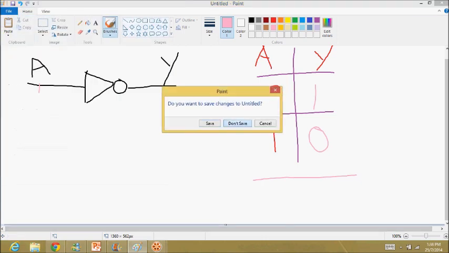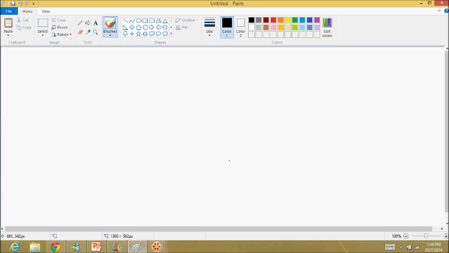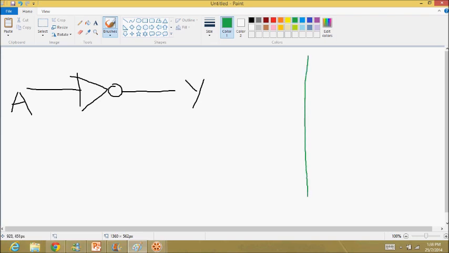And one thing to note is that the truth table for a NOT gate will be much smaller because there's only one input. Therefore, there are less input combinations to consider. So there we have our NOT gate, our input A and our output Y. So the first column here represents the input and the second column represents the output. So what are the possible input states? Well, the input A switch can be either open or closed. There's no combination involved here. So there's nothing else it can be. So that's why we'll have such a small truth table.